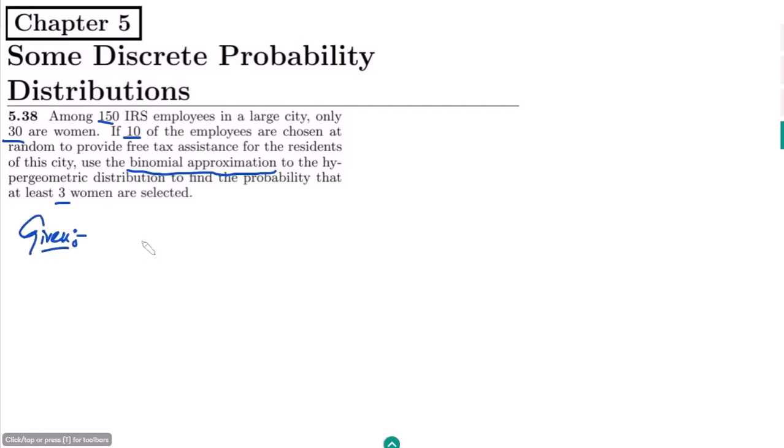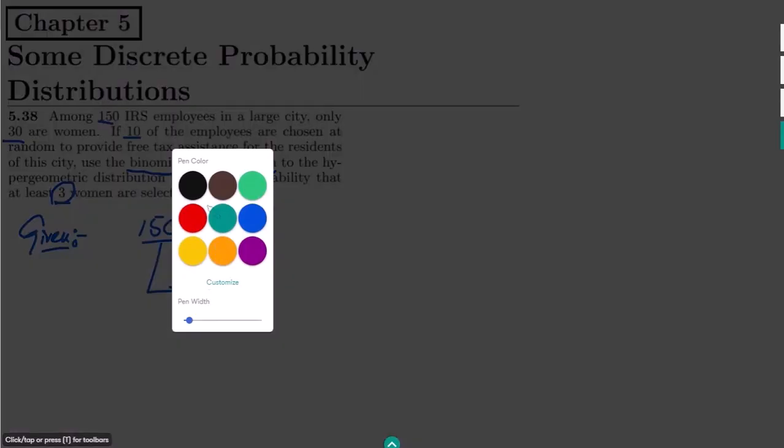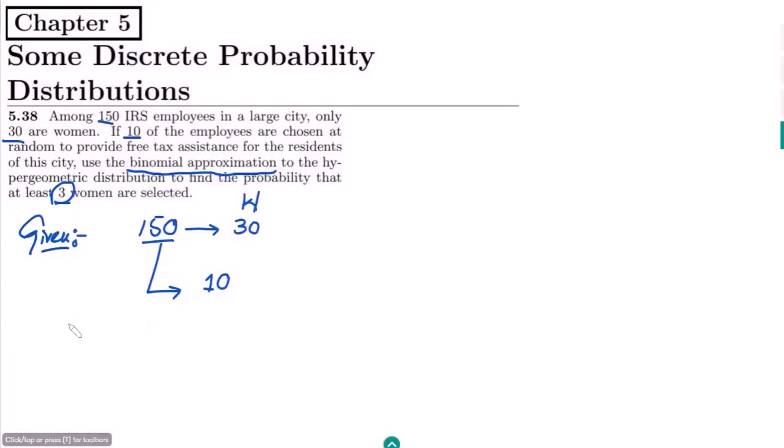In a city we have a total of 150 employees, out of them 30 are women. Now out of these 150, 10 are randomly selected. This is clearly the case of the hypergeometric distribution, where 3 women have to be selected. So now in order to find the probability that x is greater than or equal to 3,